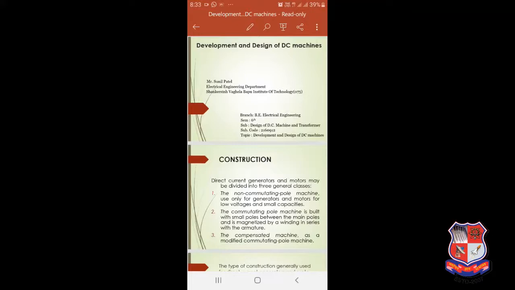In a DC generator, when the coil is placed in the magnetic field, it rotates by means of a prime mover or any handle. The coil cuts the magnetic lines of force to induce an EMF. This induced EMF develops current in the armature winding. The direction of this current in a DC generator can be observed through Fleming's right hand rule.